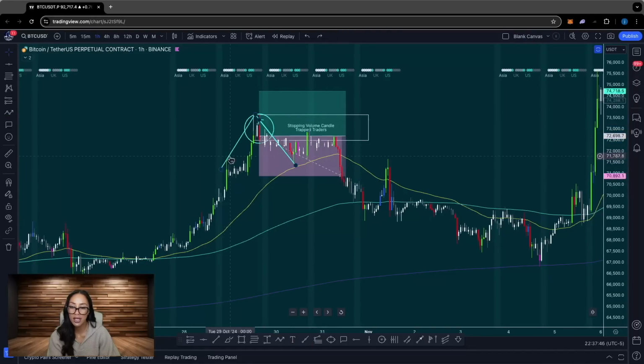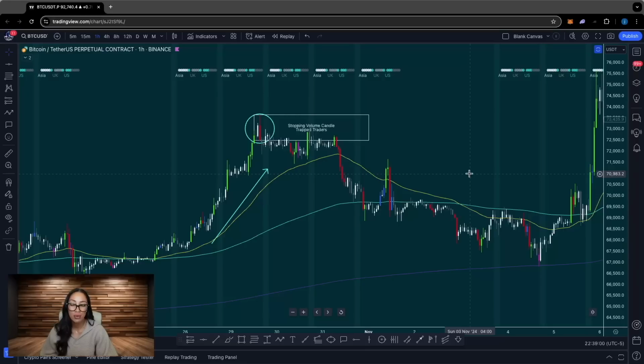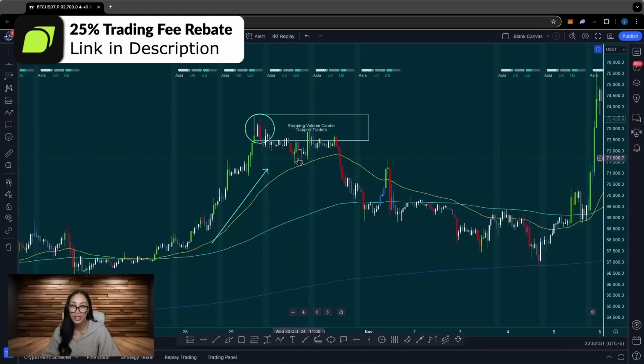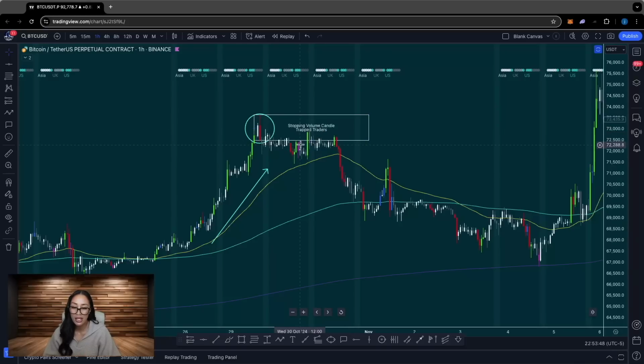So the first part of the M formation, we want to find our stopping volume candle after 3 level rises, ideally near a key level being the high of the day, high of the week, or a high liquidity area. Once we get the first peak of the M or W, price should pull away pretty quickly. This keeps those who went long at the worst possible time trapped, and also creates the inside left side of the M. There's not really anything that goes on here, but on the inside right side of the M formation